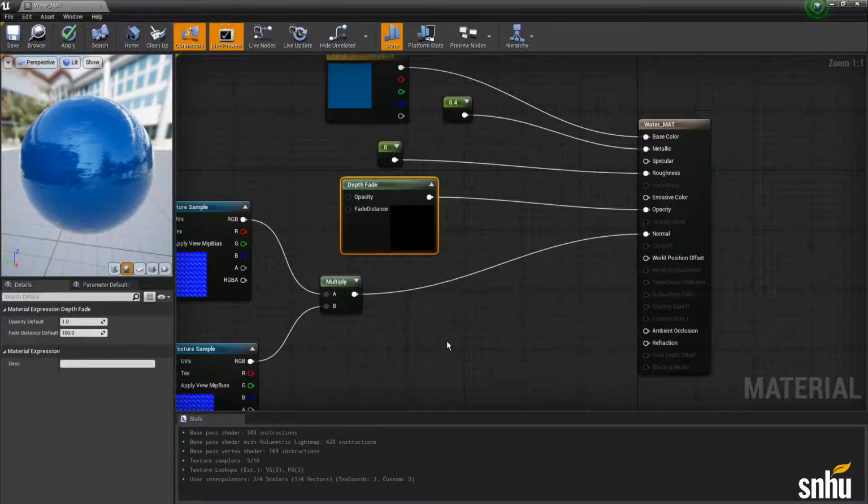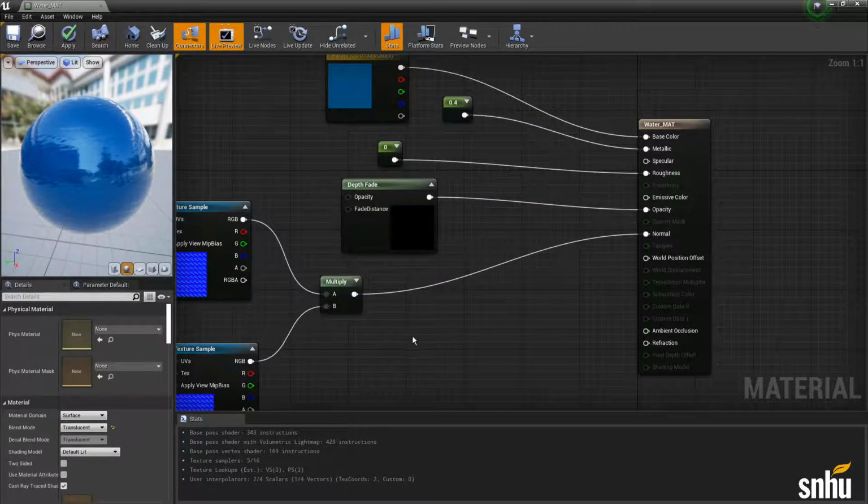So basically what this does is it creates opacity when objects are close to it. So if we're creating a water shader, for example, and we have kind of a beach where the landscape is gradually coming up and the water's coming to it, it's going to get more translucent the closer the surface comes to the water surface. Right? So that's essentially what that's doing.